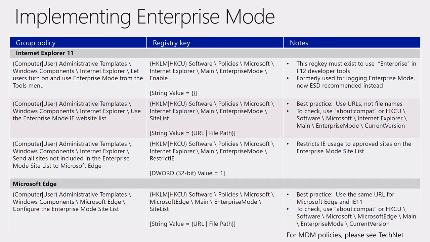I did update this slide a little bit from when I presented a similar session at Microsoft Ignite. This is a one-stop cheat sheet for all of the group policies and registry keys associated with Internet Explorer 11 and Microsoft Edge. So obviously this is for Windows 7 IE11, Windows 8.1, or Windows 10 for either browser. And the slides are available online, or you're welcome to take a picture. I'll walk you through this, though, in a lot more detail right now.